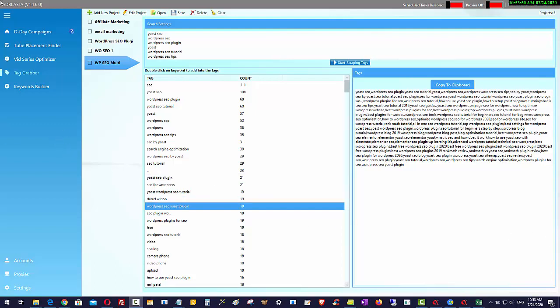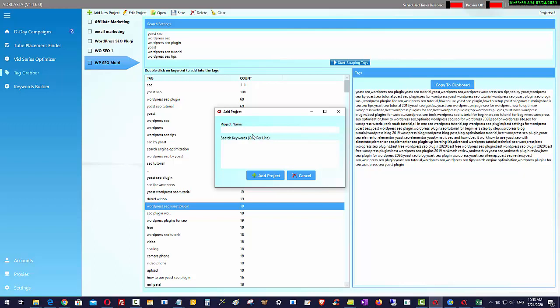Okay guys, so inside AdBlasta we have the tag grabber tool in here. Now what I like to do with this is, if I just start a new project here, I'm going to call this one YouTube SEM, for example. Okay, actually let's call this one YouTube SEO, and we'll start with just the YouTube SEO keyword, just a single keyword to begin with,